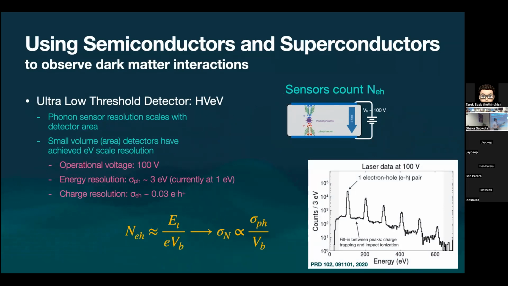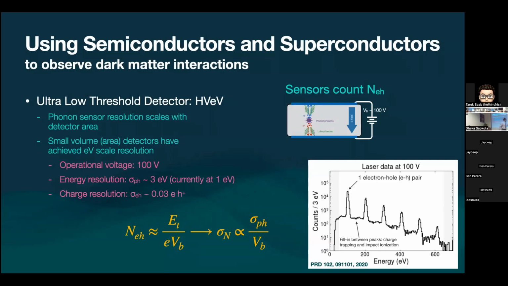So here, with a high enough resolution, the phonon signal depends on how many electron holes are created and the applied voltage. So if you have a specific sensor resolution that says, okay, I can measure it to plus or minus 100 dB or something, by cranking up the voltage, you're effectively lowering the threshold or improving the resolution.